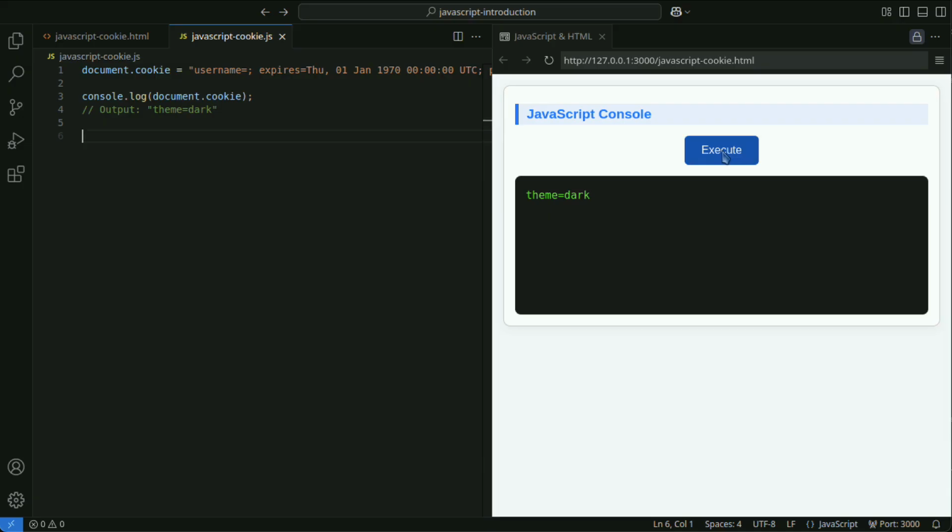Usually, it is set for the current domain, but you can apply it to all subdomains, such as example.com. Secure. When this attribute is specified, the cookie is sent only via HTTPS. For increased security, always set this attribute for sensitive information.